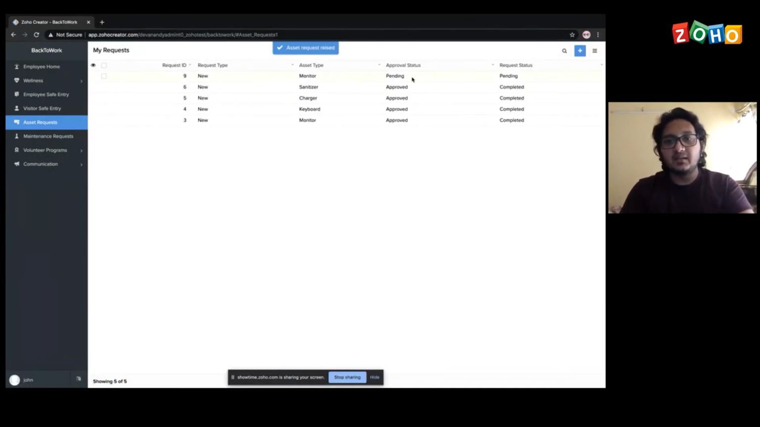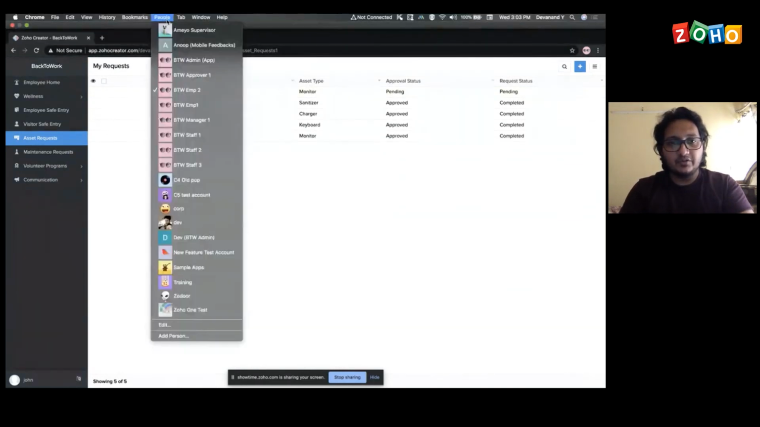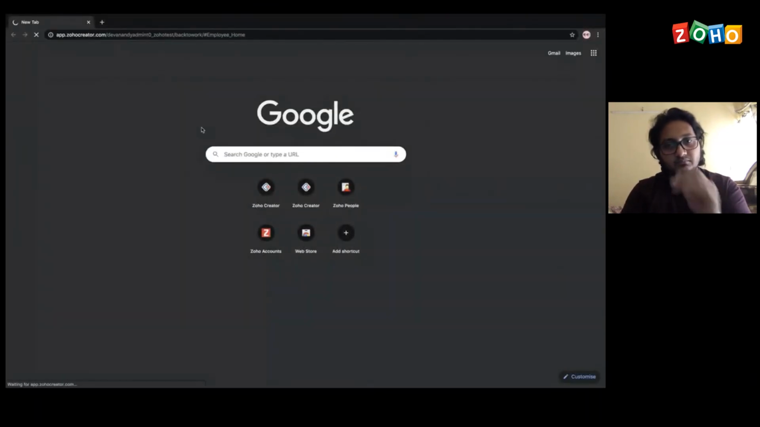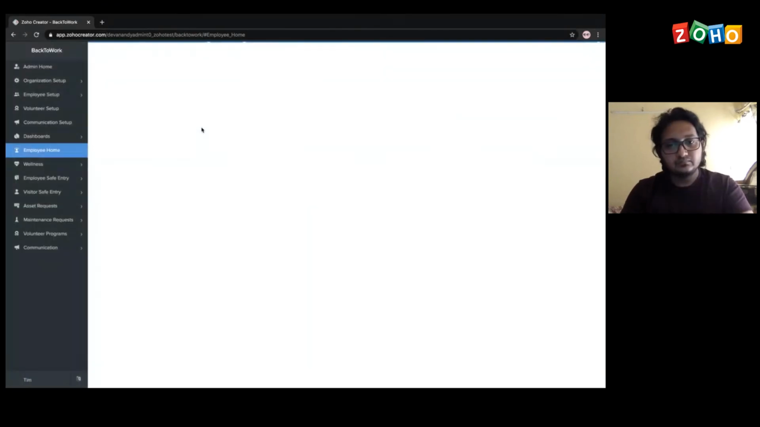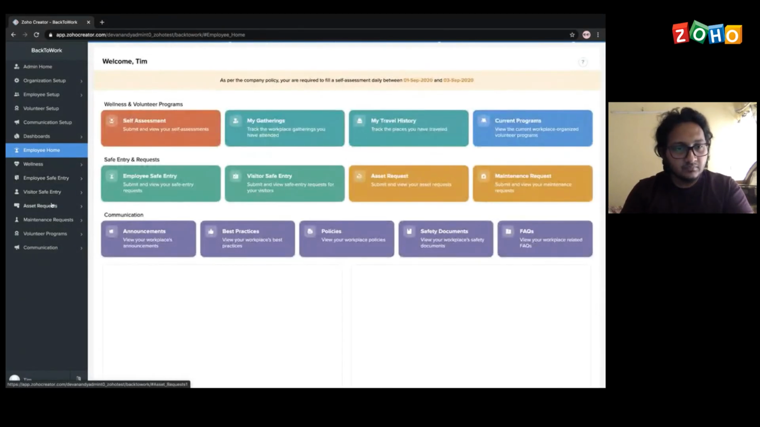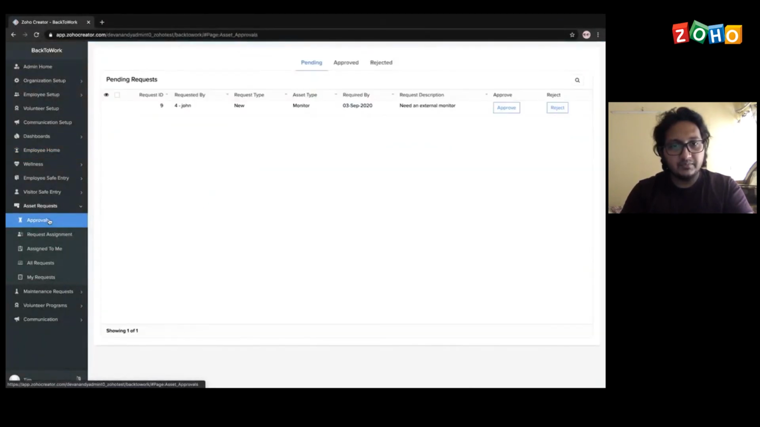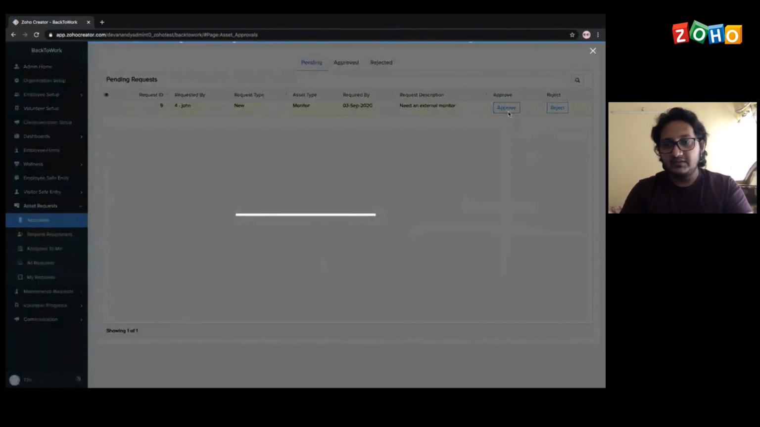So that's been added and it's pending, right? So again, this has to be approved. So let's see how it's done. I will log in as the applications admin. I go to the asset request, go to the approvals tab, and I see John's request over here. So Tim, who's the admin for the application, can either approve or reject. So once he clicks on approve,